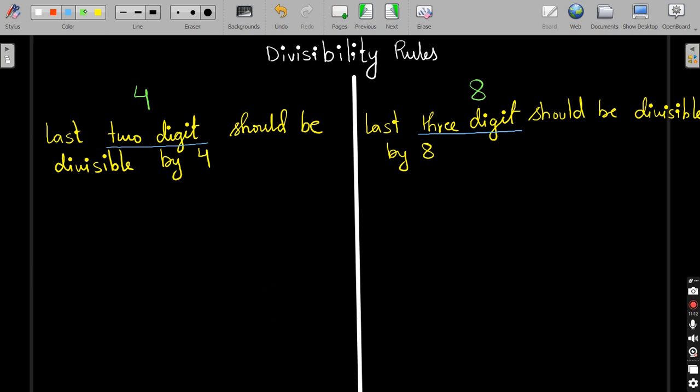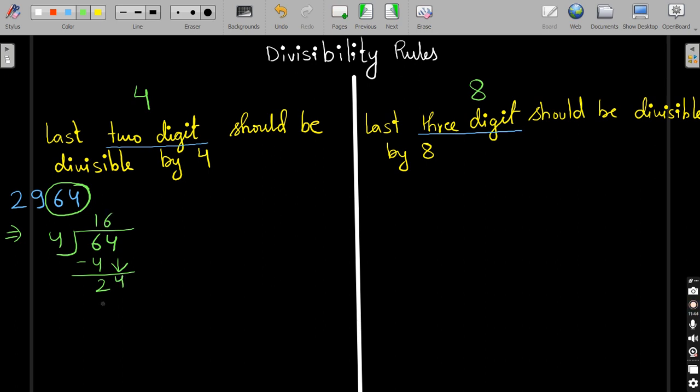Now let us take one example as we are solving, then it will be easy for us. Divisibility criteria 4. For example, let us take 2964. This is a number. Now how will I check, dear student? What is the logic? Last two digits. What are the last two digits? 64. This process is very simple. Directly I will divide 64 by 4. So how much will I get? 4 1s are 4. Here I bring this down. Now again 4 6s are 24. Remainder 0. So I can write it is divisible